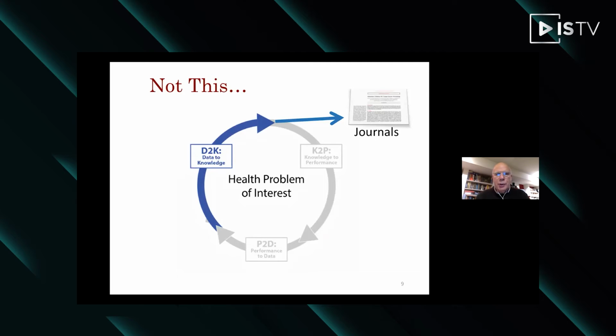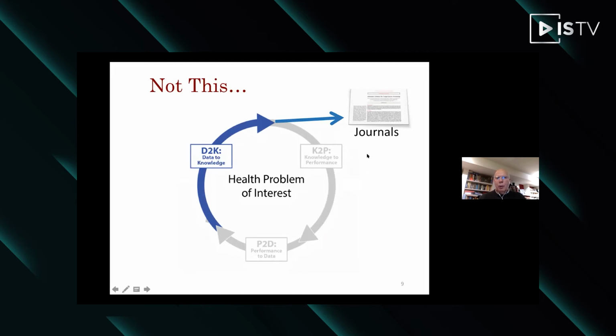This contrasts with what most of us who are academics were taught to do. What we were taught to do was take data, analyze it, create new knowledge with the result, and publish it in a journal. Now, we do this with the hope that there is someone who is going to read that journal article and take the knowledge there to practice. But too often that isn't the case.